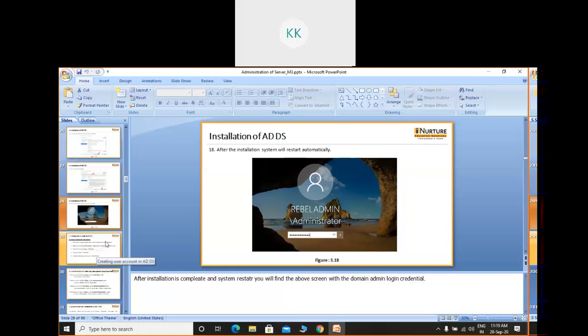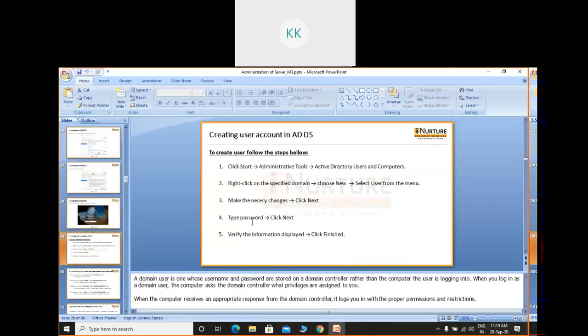So once this role is installed, next we can go for different purposes. Suppose you have been promoted as an administrator of this environment. Right now, your company owner or the manager will tell you, Sanban, please add all these users to the domain, so that whenever they enter the office, they can automatically log in with these usernames. So today we'll see the steps for creation of a user.